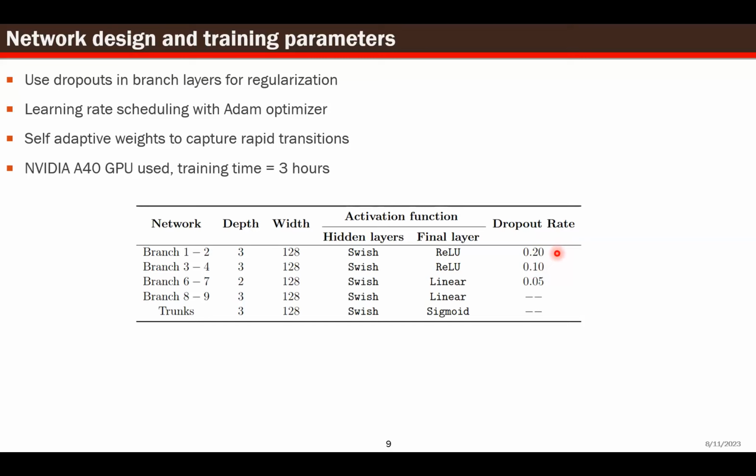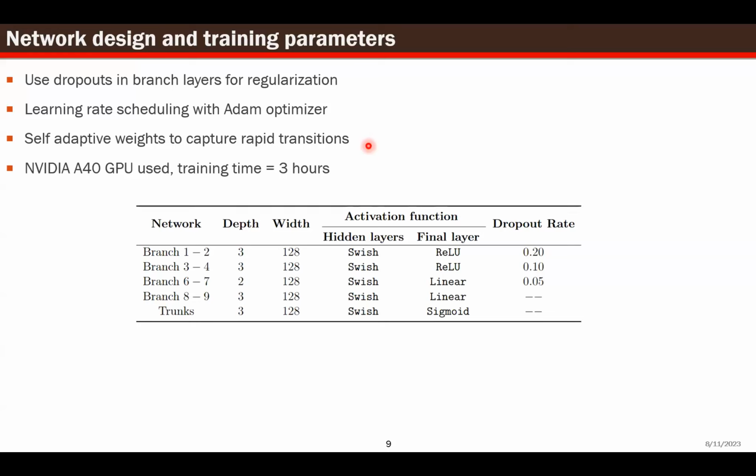We also use dropouts because initial testing showed us that the data we have tends to overfit, and in order to avoid that, we had to use dropouts. These dropouts give us another feature: we can use them to understand the epistemic uncertainty of the model as well. So they serve two purposes: one is to reduce the overfitting, and the other is to help us understand the uncertainty in the model.